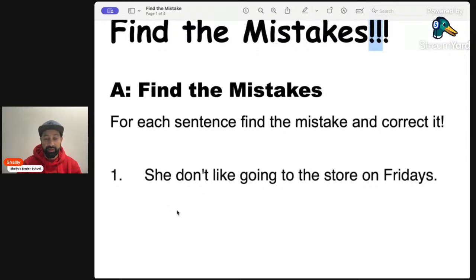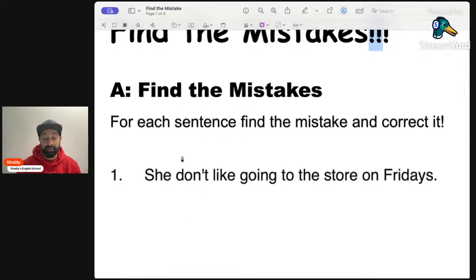All right, so in this one here, I'm just going to be looking at my computer as well here. Basically, the mistake is going to be right here. Don't. The verb doesn't match the subject. Because we are using the subject she, then we need to change this verb. It needs to become